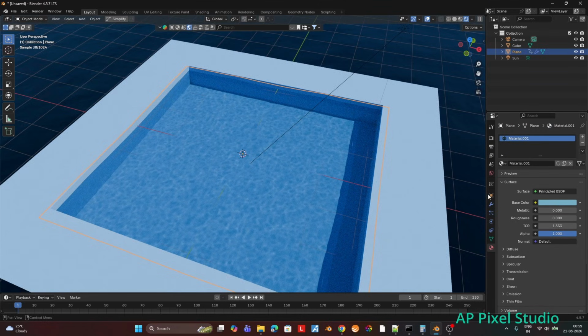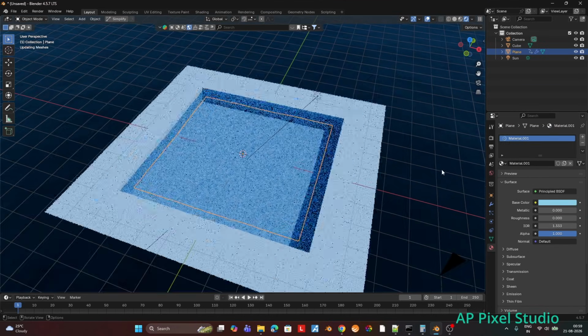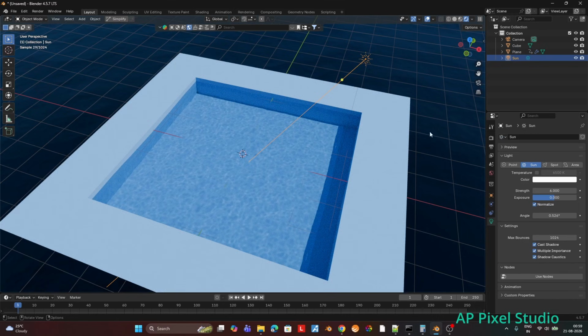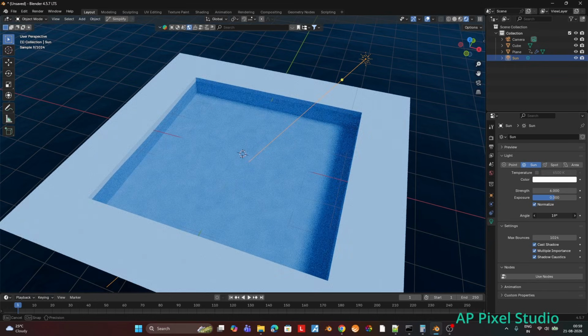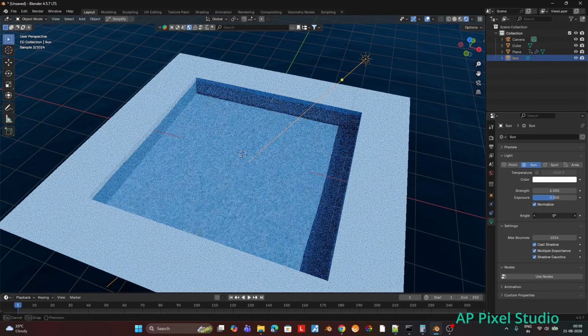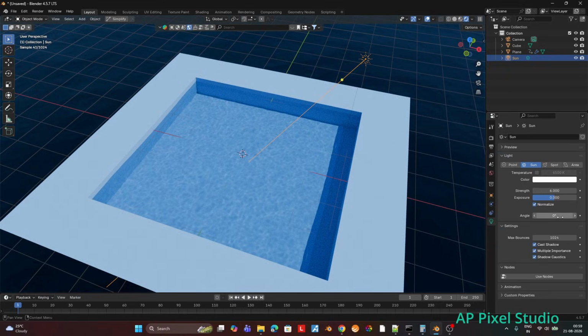Similarly, we can check the base color also if we want. Now we'll select the sunlight and change the angle and check how the caustic is affected by the angle. If you increase or decrease the angle, the caustics get reduced or increased. So that's how the sun's angle also changes the caustics.